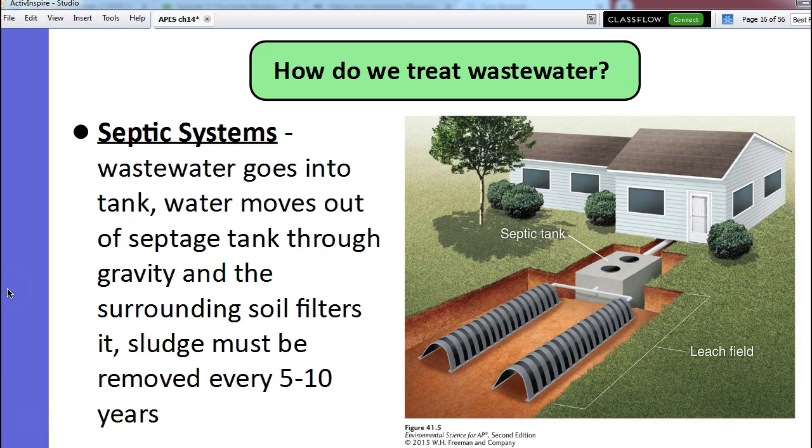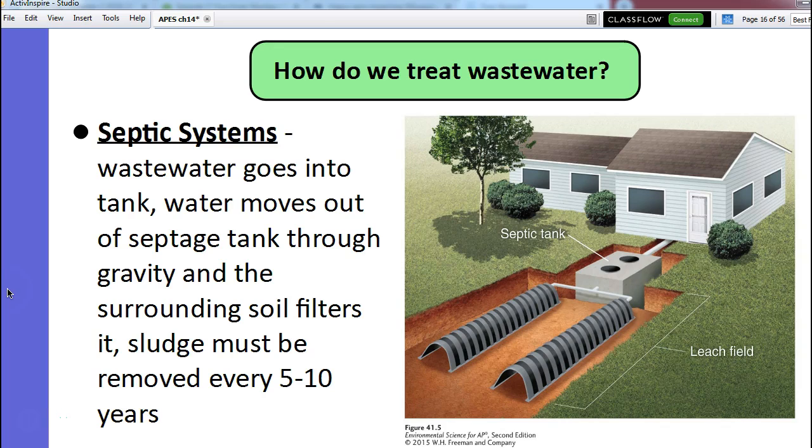Well, it has a tank, and the wastewater goes into this tank, okay, and then the water moves out of the tank through gravity, okay, and the surrounding soil filters it. So just like you guys built a filter on Friday, same thing happens here. The soil acts as the filter. What happens here, though, is it's not just like, oh, all the poop just goes into the dirt. All of the solid stuff settles down at the bottom of the septic tank into sludge. All of the liquid stuff runs off, and the liquid part is what is going to be filtered into this